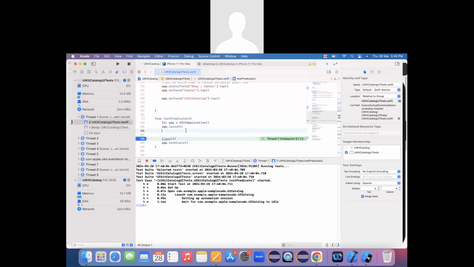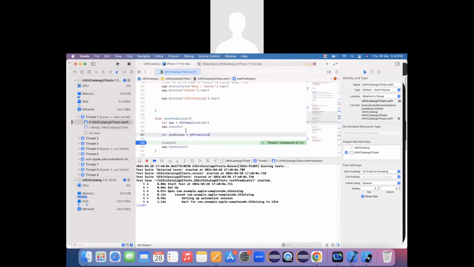So what I'm doing right now is let predicate. This is the name that I am defining, and I am using an NSPredicate. For this NSPredicate, I want to go with a format. Here, using which attribute, the text that you are giving here, and here it's going to be the text to test. So the first parameter, I can say that in a label, if the label contains some name,